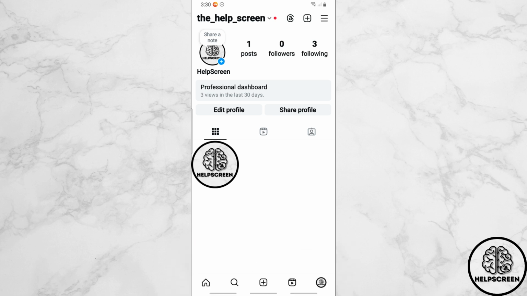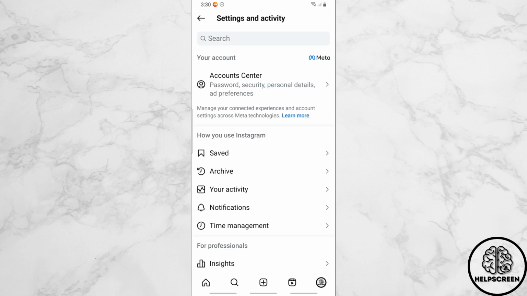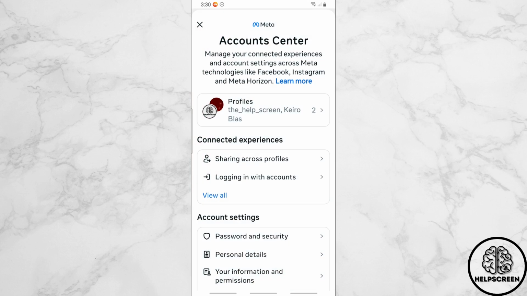Now here on your home or profile page, select the three lines on the top right corner of the screen. And now select Accounts Center. Now you can just simply go ahead and select Personal Details down below over here under the account settings, and